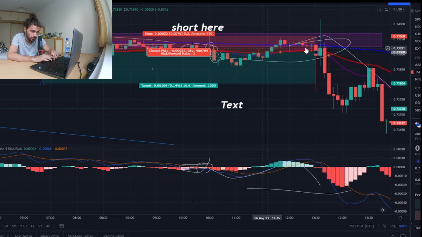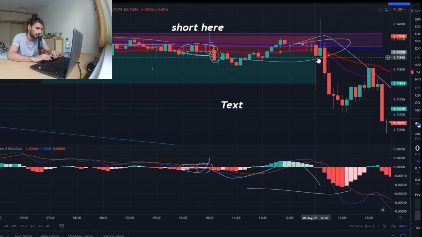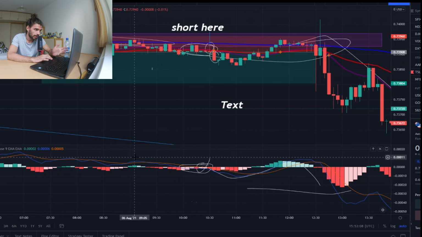And this trade would have taken us from 10:30 to 12:30, so roughly about 2 hours, and you would have made your money. And just to prove how easy and simple that is, here is the trade that I took